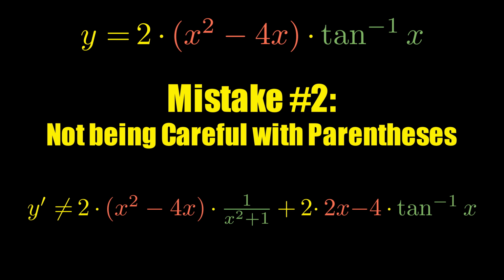So while a student might argue that their answer is correct, technically it is not, as the inverse tangent needs to be multiplying both the 2x and the minus 4. If you don't include the parentheses and were to simplify further, you might think that the inverse tangent will only be multiplying the minus 4, and your teacher, as much as it might break their heart, will be forced to